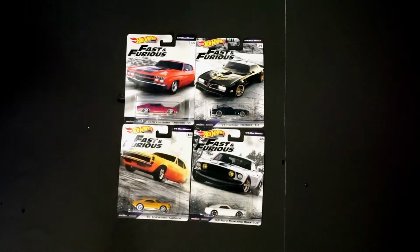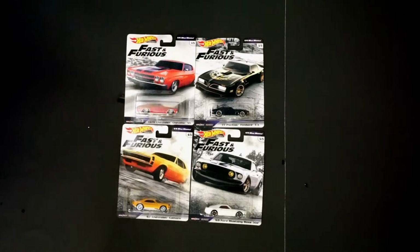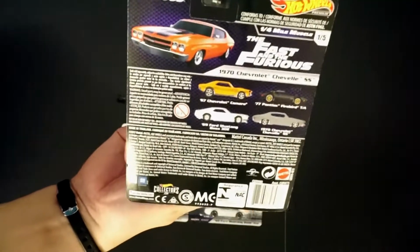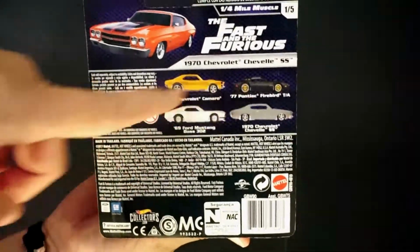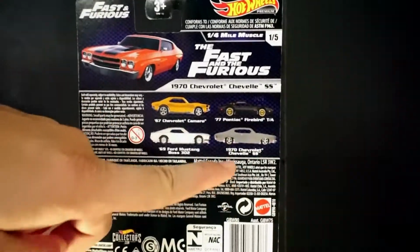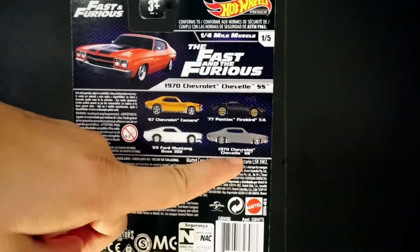I was able to get these right out of the box, however somebody had gotten to them just before I did. So I only have 4 cars here of the 5-car set. If you look on the back of the packages, you can tell which cars are part of the set based on the top left. The remaining 4 that you need to find are toward the middle, and I am missing the 1970 Chevelle SS,